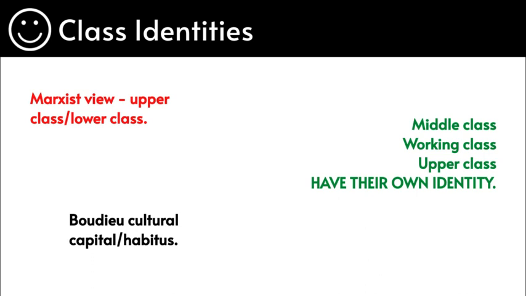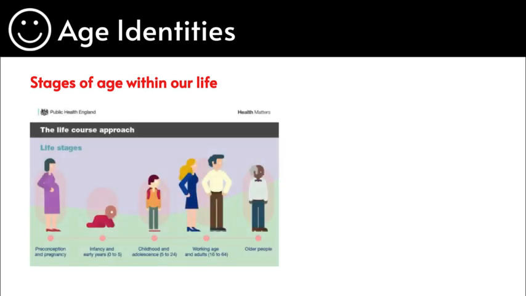So obviously, middle class, working class, upper class, they all have their own type of identity. So here we look at the fact that gender, class, ethnicity, all of these form identities which make individuals unique from each other, which forms the definition of identities. Age identity is again another one. We all go through a state of life where we are infants, then we grow up, we go to older people, etc.